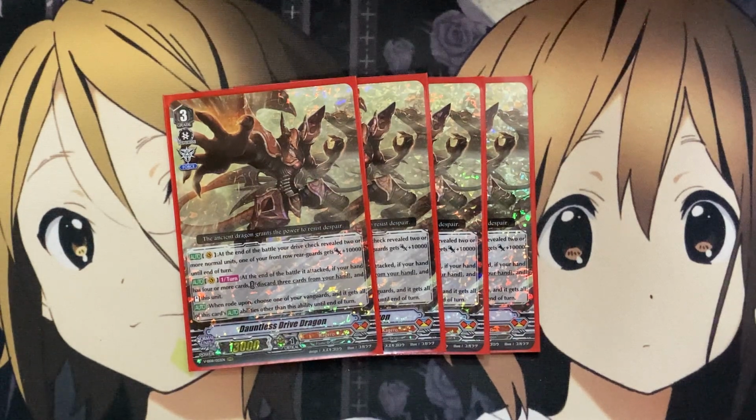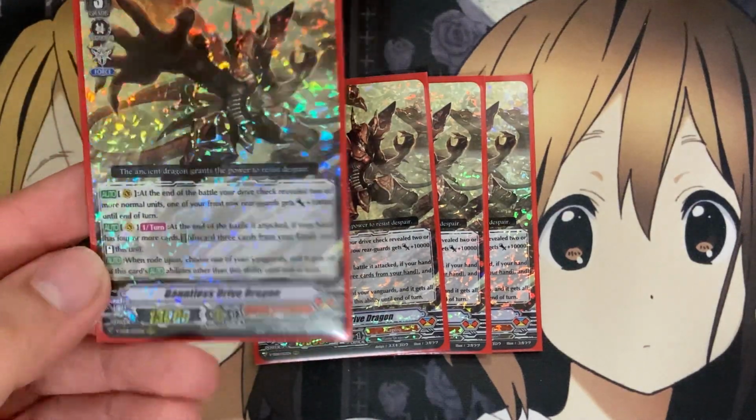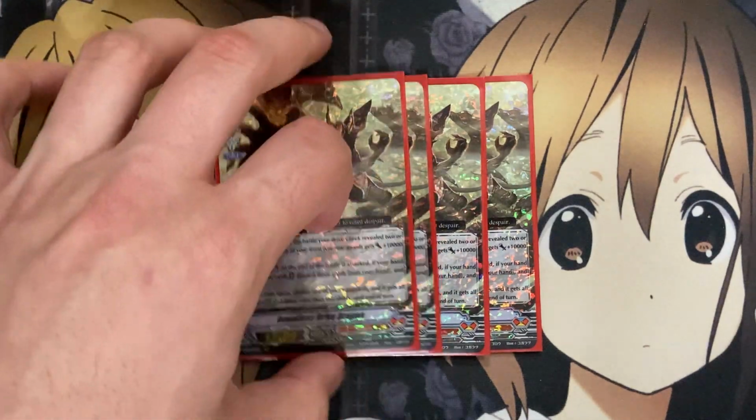And when rode upon, choose one of your Vanguards, and it gets all of this card's auto abilities other than this ability until end of turn. So the auto abilities shared are the plus 10,000 for the non-triggers revealed and the restand. Very awesome. It's basically like a break ride. Being able to use this card for that option makes it quite scary altogether, with Dauntless Dragon itself as well,